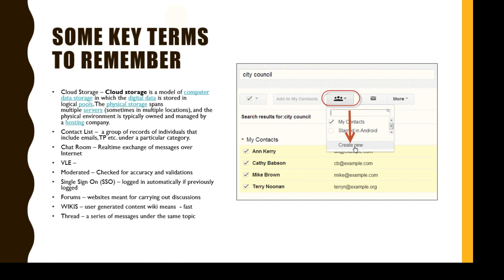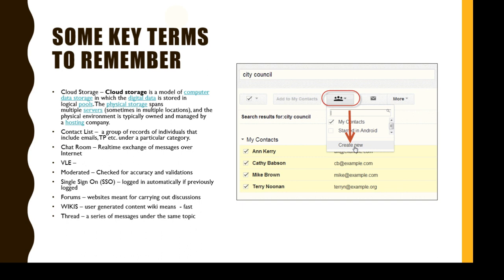So it's a fast way of sharing information, and it can lead to a huge repository of information. For example, Wikipedia, Wikitravel. The travelers are providing information to the wiki pages, which will gradually become a vital set of information.